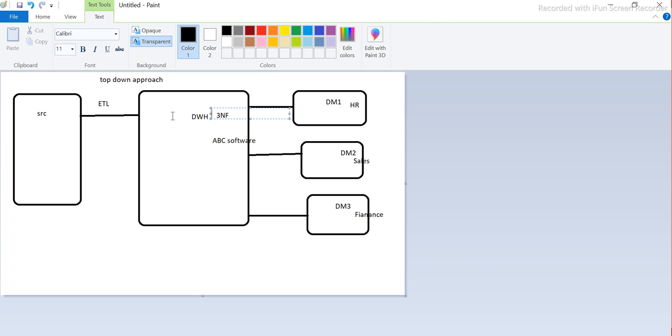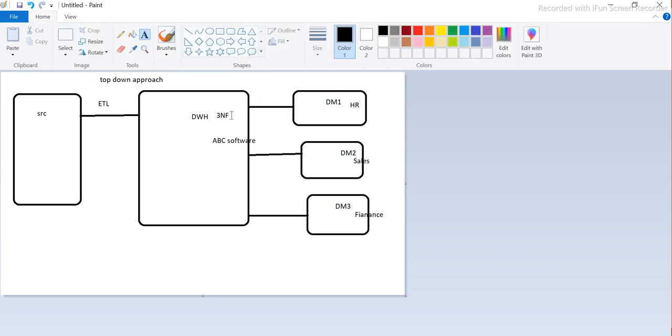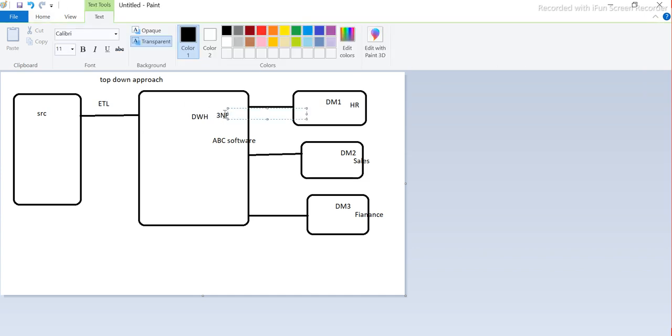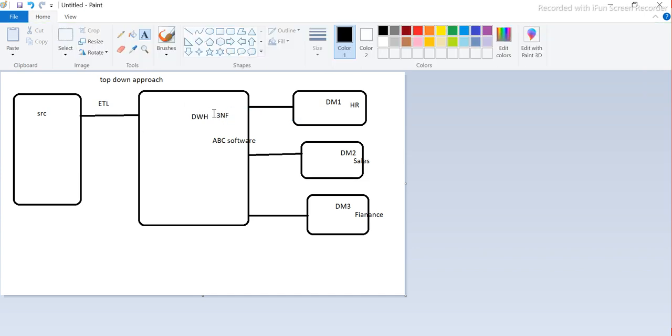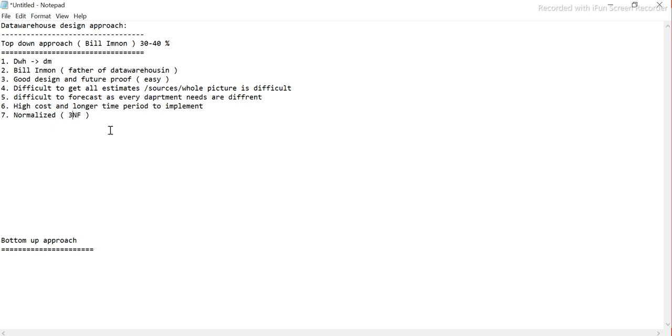But in the top down approach, we are not doing any kind of dimensional modeling. We are loading the data into three normal form only. So this is one of the things that I wanted to mention here. Normalized form data is loaded basically. Now let me cover